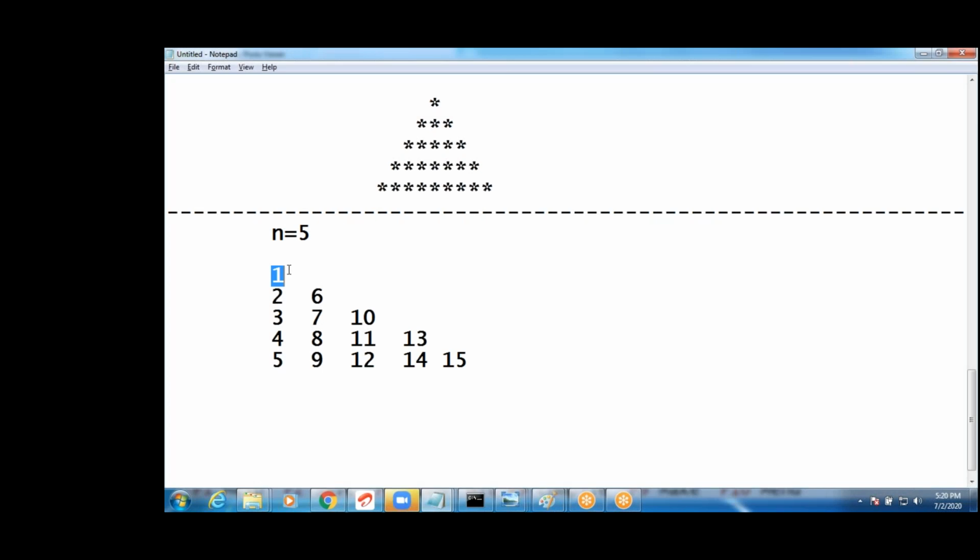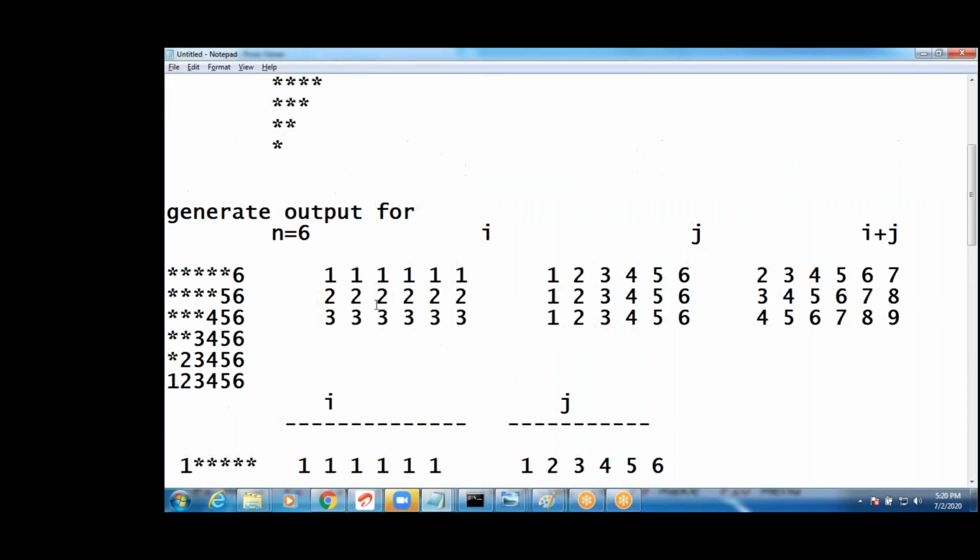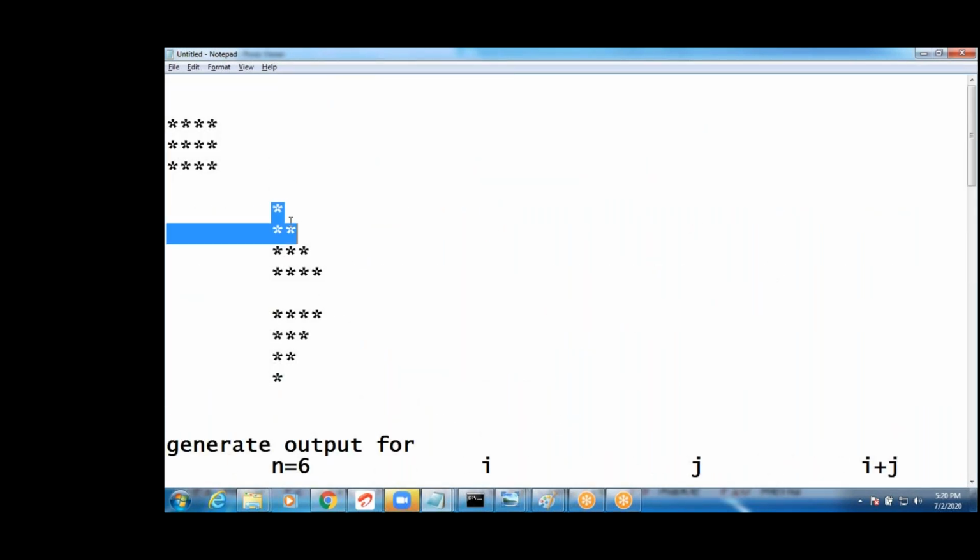i is 1, i less than n rows you want, but columns, how many columns you want? j less than i pattern. This is j less than i. Guys, once check this second pattern, guys. Yesterday notes, open once and check it. Second pattern open, guys. Check the second pattern once. What did you write as the code? i is 1, i less than n. j equals to 1, right? j less than or equals to, right? We have written that pattern, guys. Okay. i equals to 1, i less than n. j equals to 1.